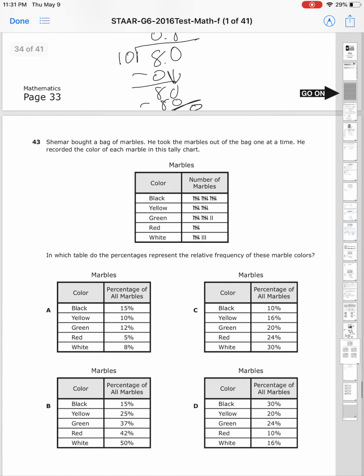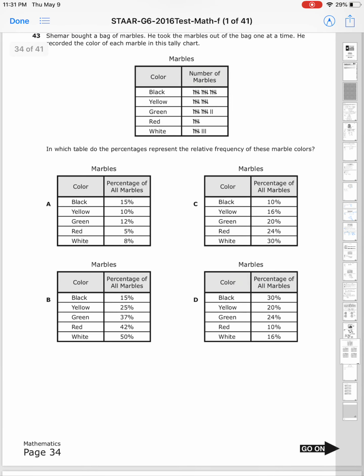Let's go ahead and look at number 43. Number 43. Goodness gracious. Alrighty. So, Shamar, I believe that's his name. We're going to call him that today. Shamar bought a bag of marbles. He took the marbles out of the bag one at a time, and he recorded the color of each marble